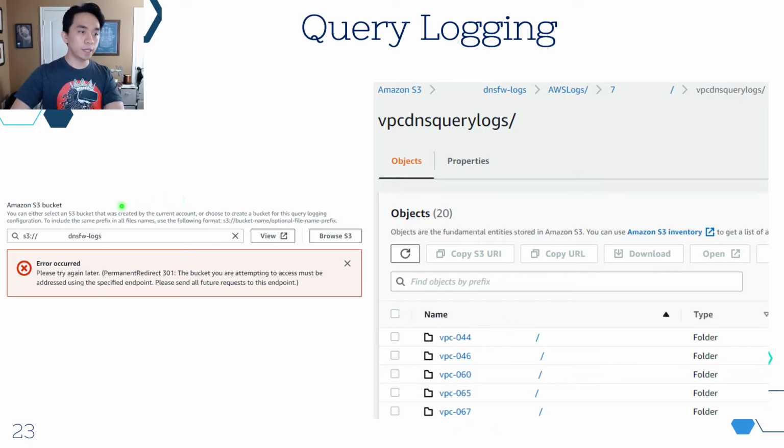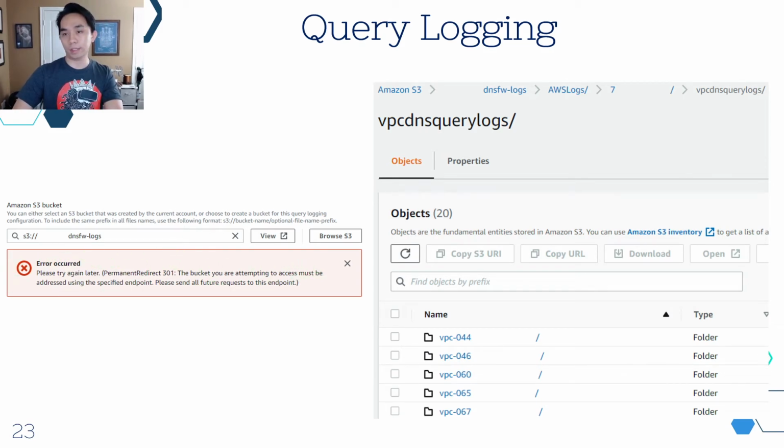Okay. The second thing that I want you to know is when you set up the logging configuration and you put the S3 bucket as the destination, assume that you want to store all logs in a single bucket. If you set this up in a different region than the S3 bucket, you will probably see this error and you can just ignore it.